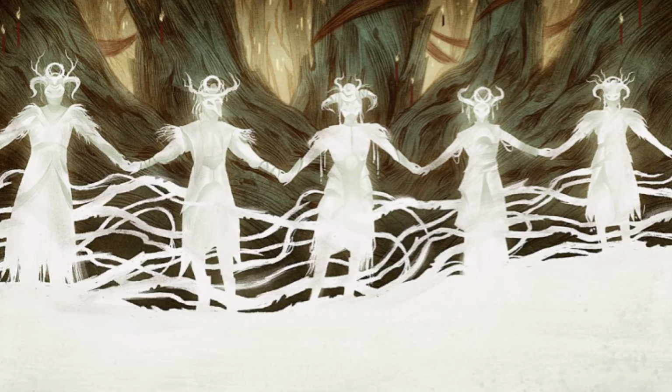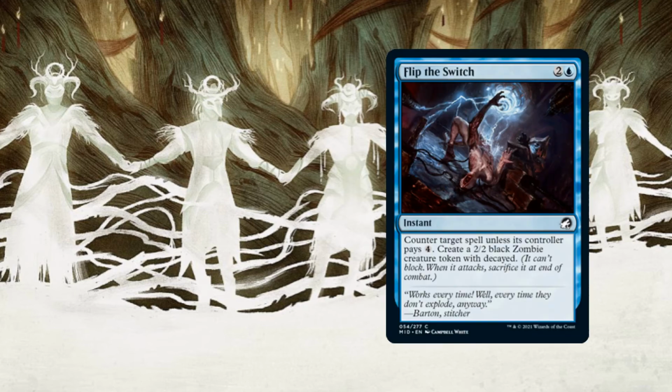We're also playing a full playset of Flip the Switch for 3 mana, 2 and a blue. We have an instant. This is obviously really important because it is going to trigger additional zombies with Poppet Stitcher. We have counter target spell unless its controller pays 4, and we also get a chance to create a 2/2 black zombie creature token with Decayed. So if we happen to have 1 Poppet Stitcher and we play this, we are going to get 2 zombies. Obviously if we've got an additional Poppet Stitcher, we're going to get 3 zombies just from 1 Flip the Switch,